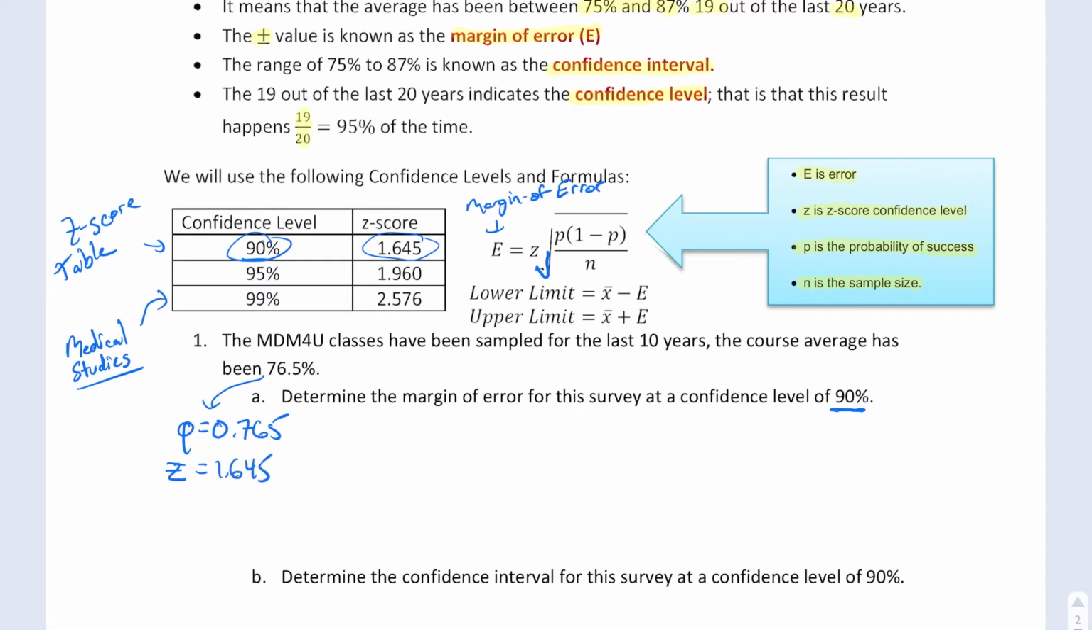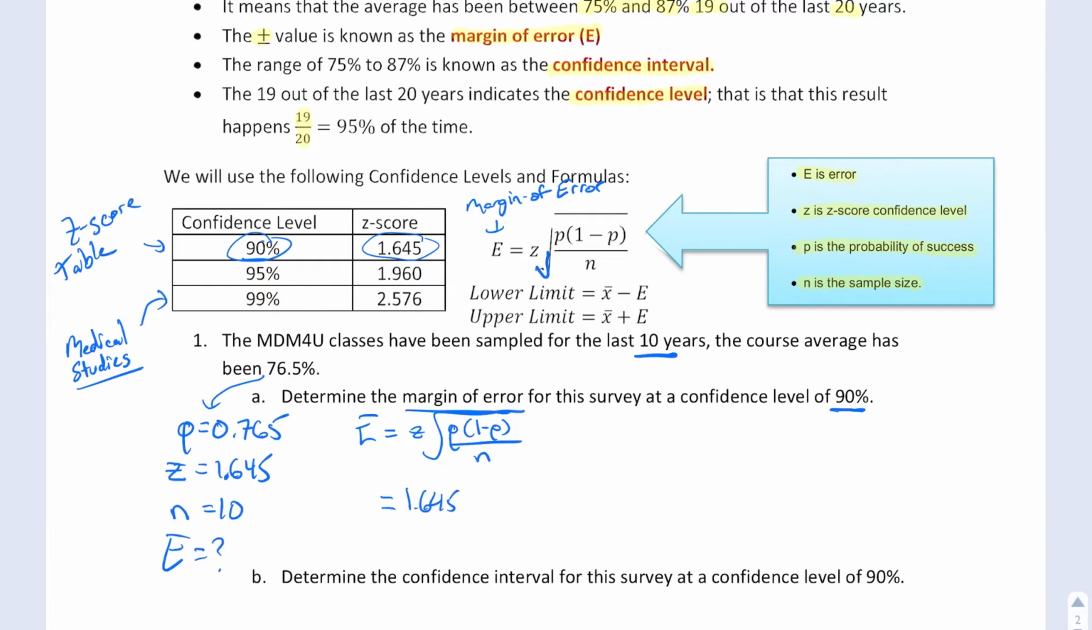So the other thing we need here is my Z, which is the 90%. And so I go to this one here and I say, okay, that's 1.645. The other thing we need is N. And because we're looking for E, that's the thing we are looking for. And N in this case is going to be 10, because this is 10 years that it's been sampled. So if we plug all of this in,